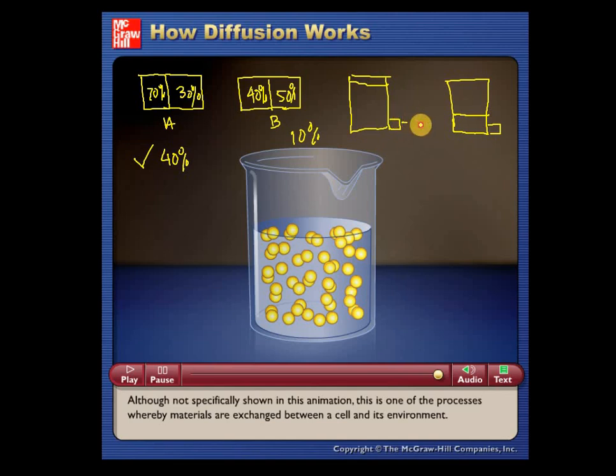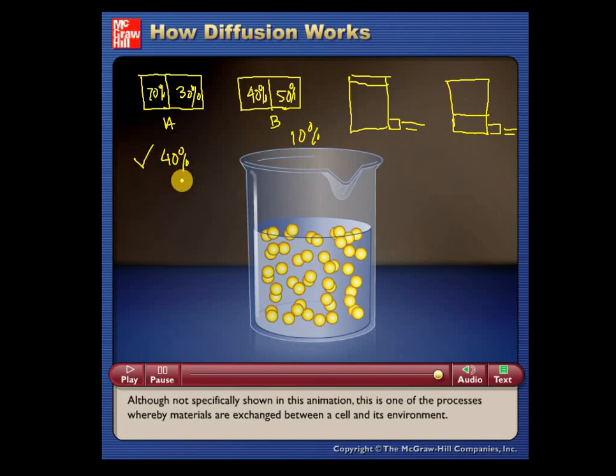Yung velocity ng water dito, mas mabilis kasi mas malaki yung volume kaysa sa dito. Mas konti yung tubig. Yes, madali siyang matapos, pero yung kanyang transfer ng water ay slower. So that is how we illustrate the steepness of concentration gradient. Pag mas malaki yung difference sa concentration gradient, mas mabilis yung rate of diffusion. Hindi yung kung gaano katagal matapos yung diffusion. The transfer of molecules yung pinag-usapan, not the time that it would take to finish the diffusion.